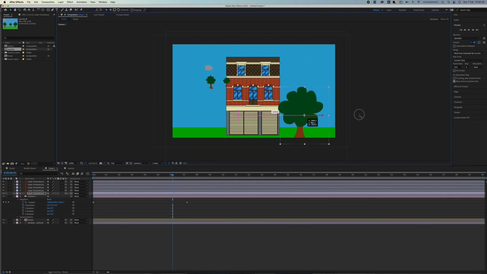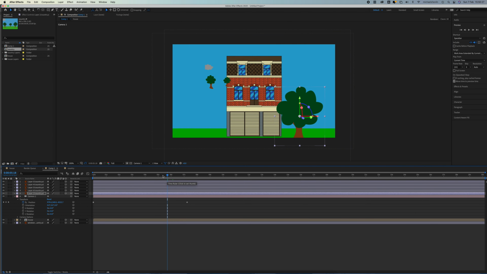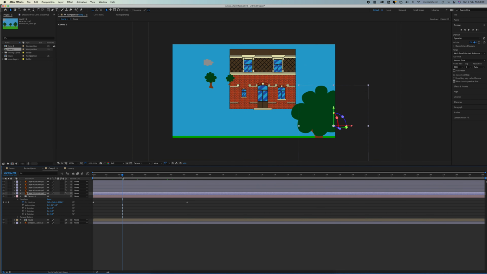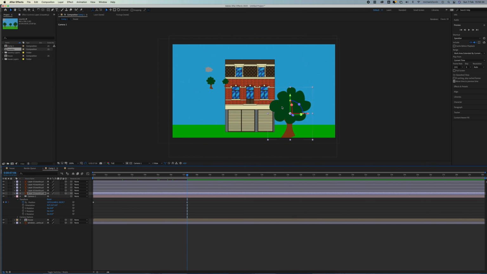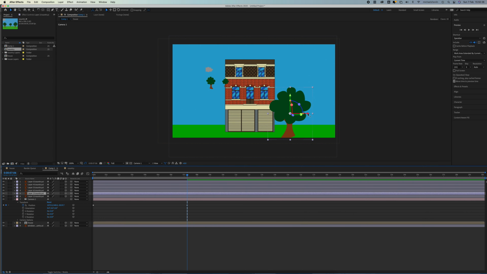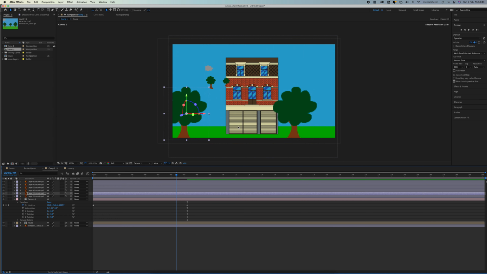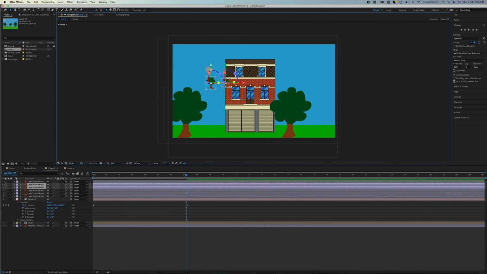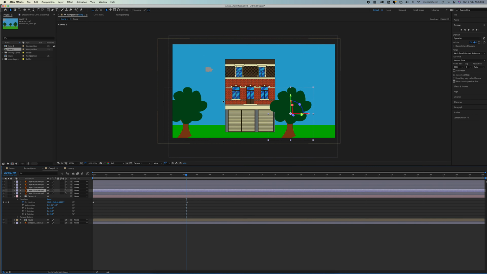So what that means is that when the camera moves, this will be sort of close in, if you see what I mean, because it's in the foreground. So if we duplicate this and just move it across, we'll get another one, and we'll have the same thing. And then what we can do, I'm not going to bother with these ones. I'm just going to take this and I'm going to duplicate it,